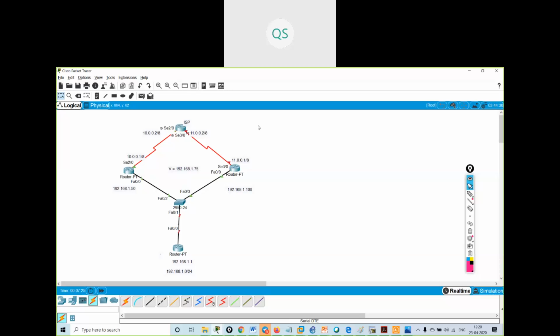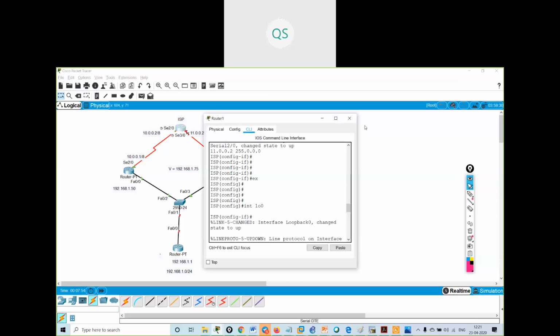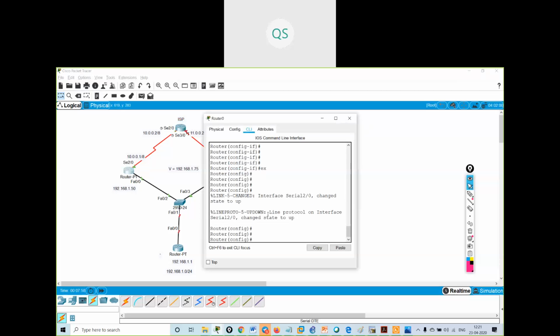On the ISP I will create static routes for traffic coming from R1, this active router, going to 10.0.0.1, and from here to this one. We will be having NATing and all the things, but we are not configuring NAT in this example because it will be more complicated. We are just configuring default routes over here.